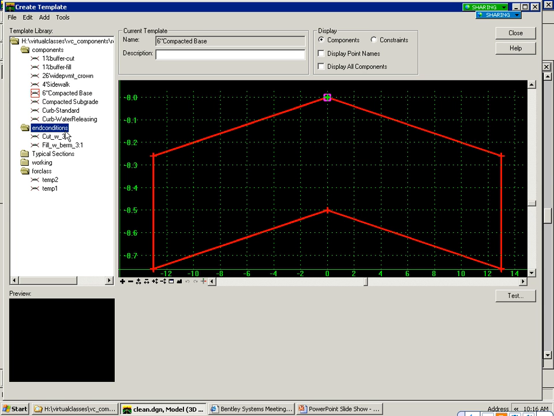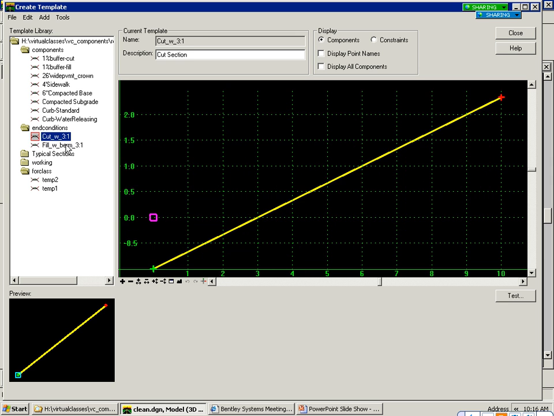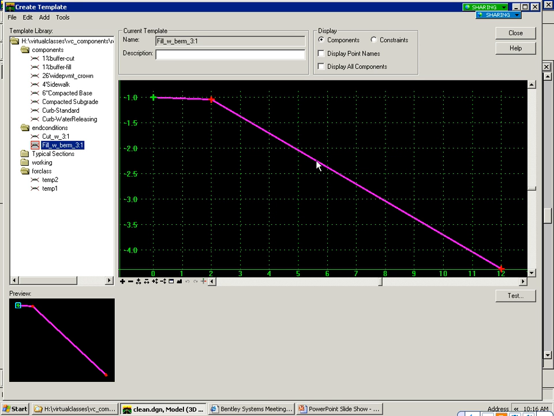We also, we're going to come to this in a little bit, have an area where we set up what's called end conditions. So we have different conditions that happen. These are like your cut fill tables and that. We'll come back to that. But you'd have a component and an end condition area, and then you're going to have typical sections. And even under typical sections, like this right here, I can right click and say folder, and I can say